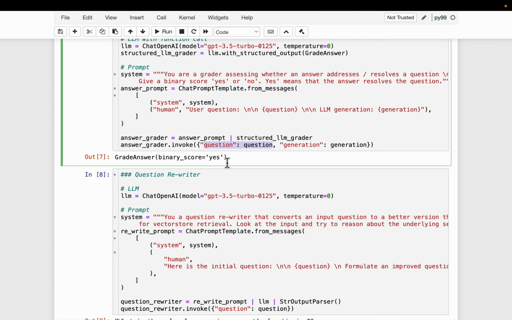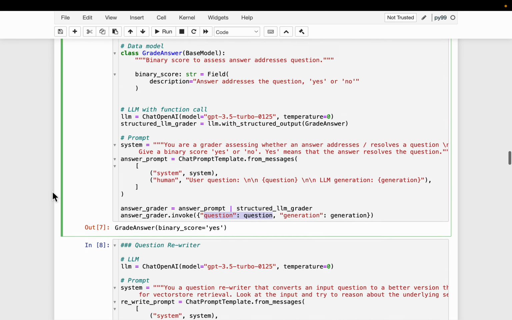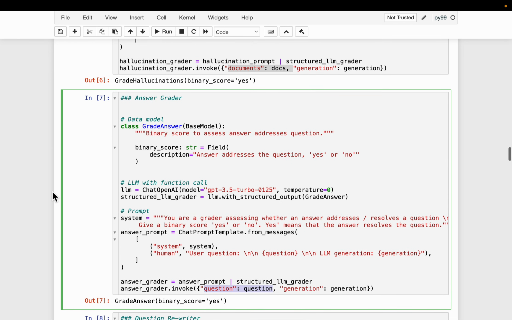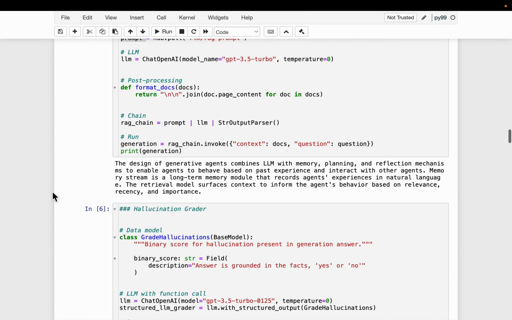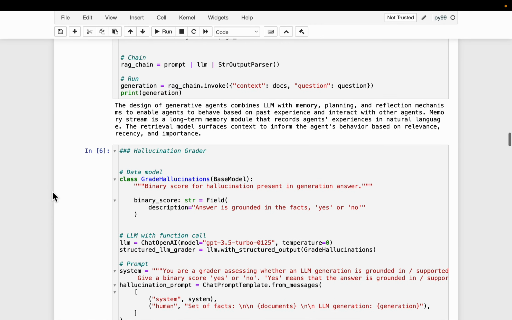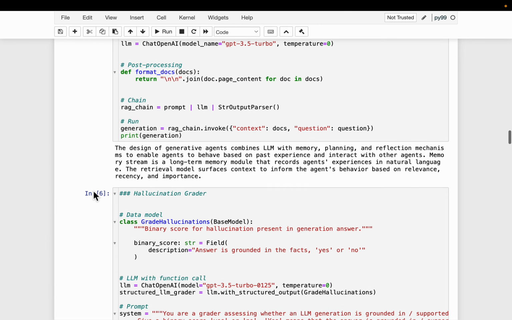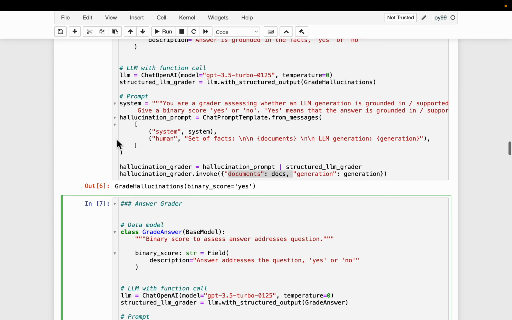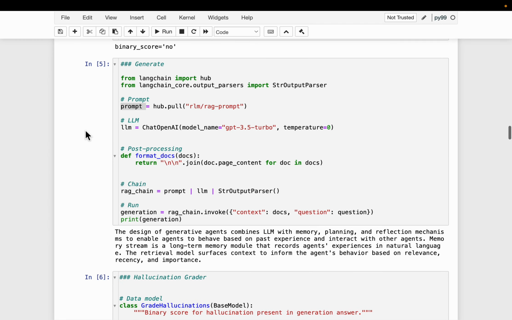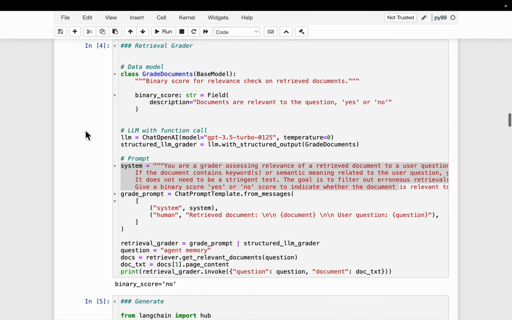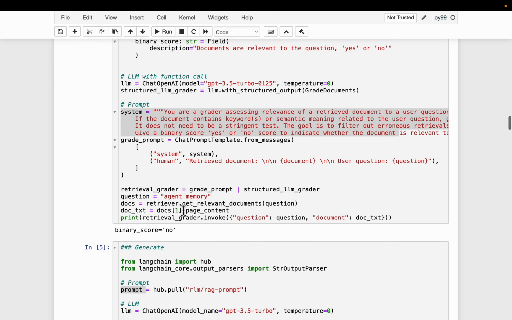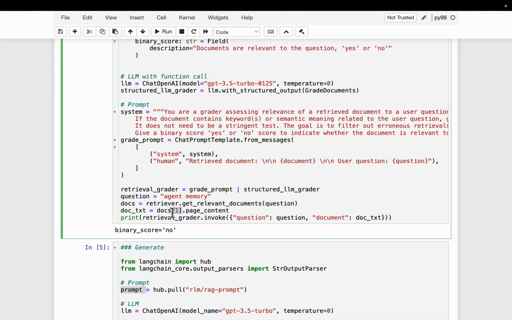This is strange. This should have been no. I'll recheck. All right, so the question we are asking is agent memory. I see. Okay, I'll tell you why. When we checked the grader, we checked only the second document. There are top n documents: document 0, 1, 2, 3, 4.